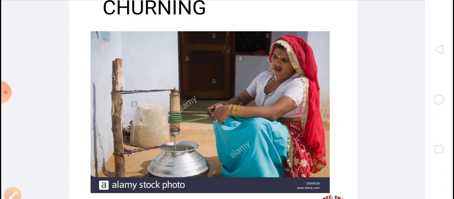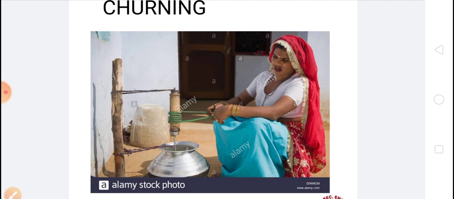These do not form sediment. The emulsified fat which is present in the milk does not form sediment and is not retained by the filter paper. So churning needs to be done if we wish to obtain only fat. In this process, the milk is rapidly rotated, and after some time, the fat separates out as a layer of cream or malai.